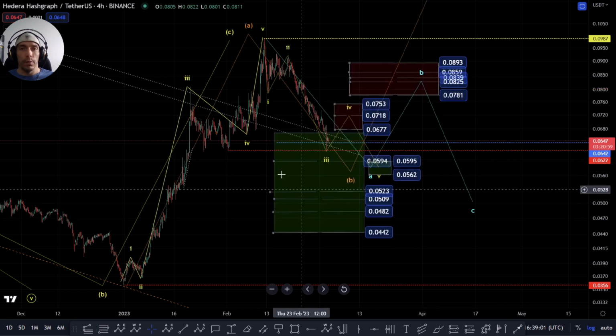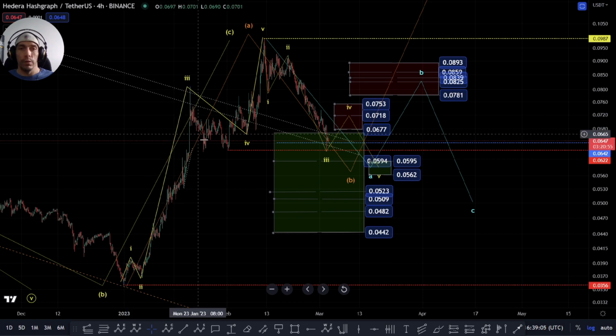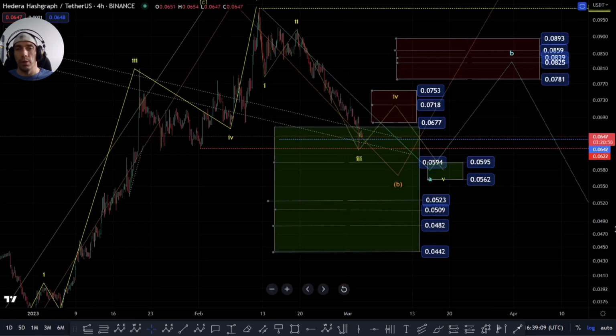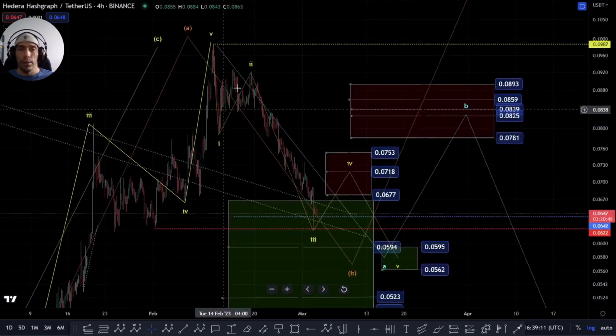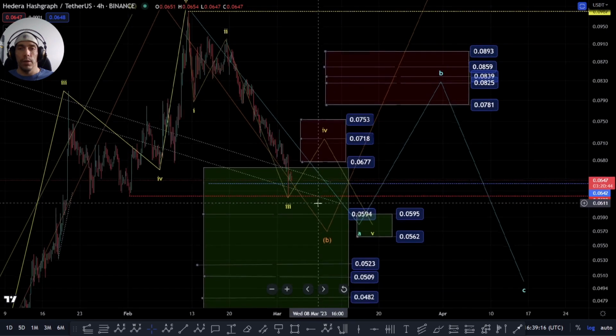And what we were looking at was the potential that actually we completed into this high, where this was a 1, 2, 3, this was a 4 as a running flat, and then we had a fifth wave up into this high point. So if that's the case, then potentially this five-wave structure that we're forming is going to then have to be looked at as